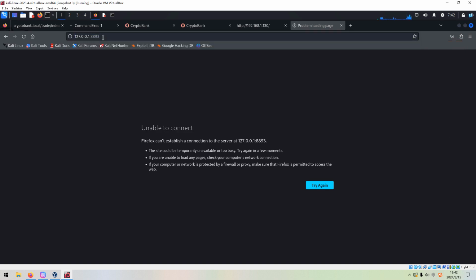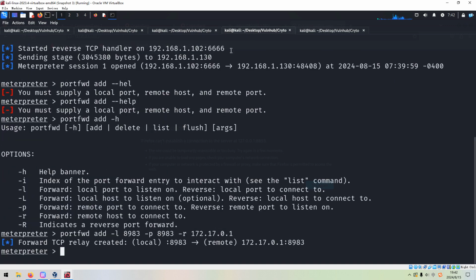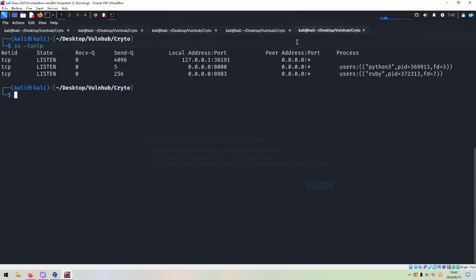It should work with the local port number, remote port number, and the forward address.